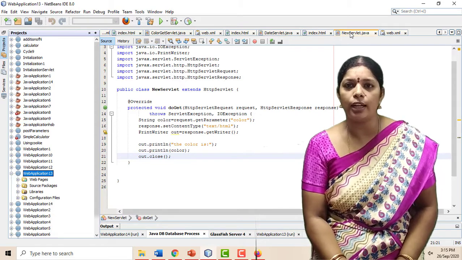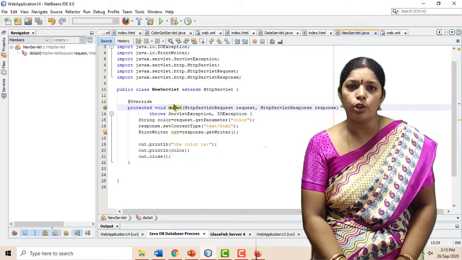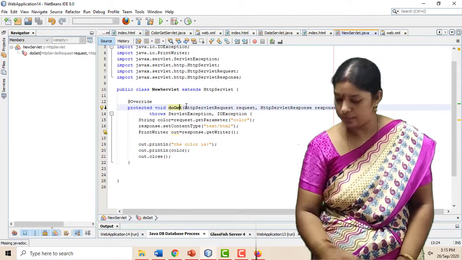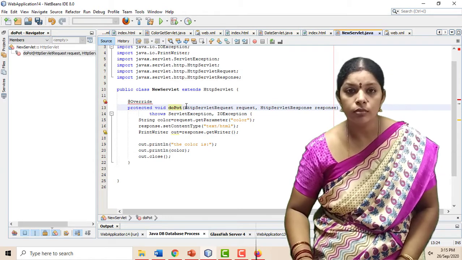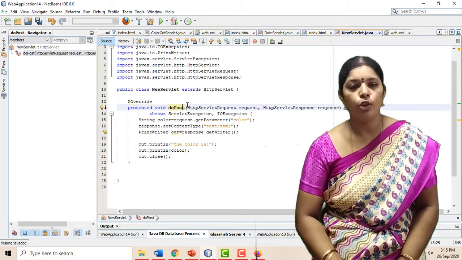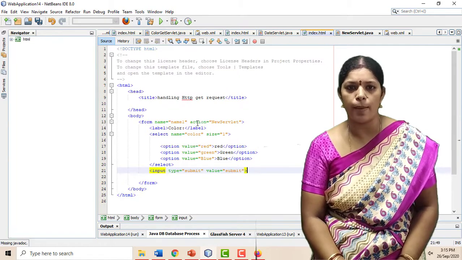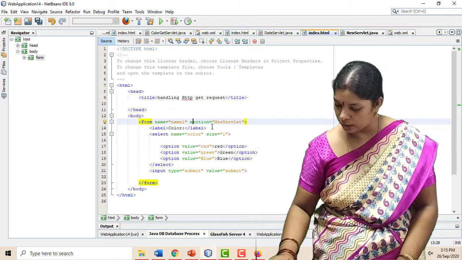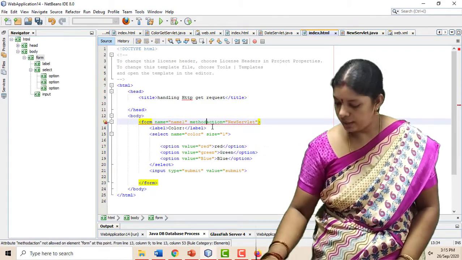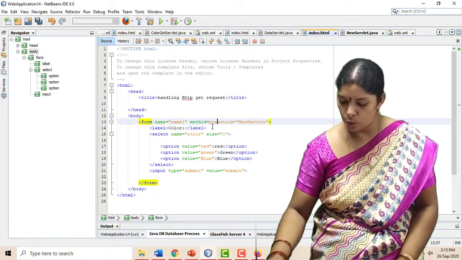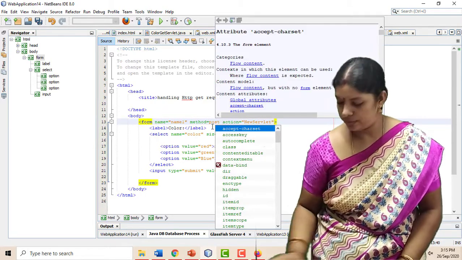So here in the new servlet, I am changing the doGet method to the doPost method. But here in the index.html, we have to include method equals